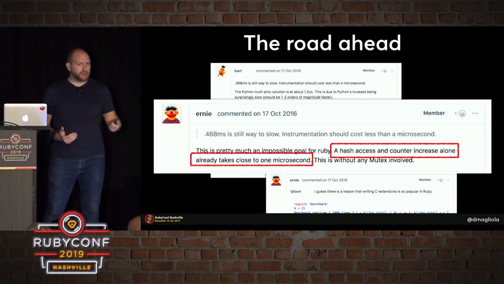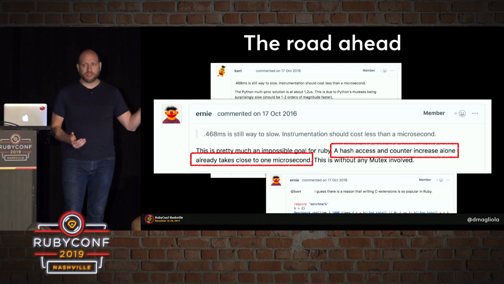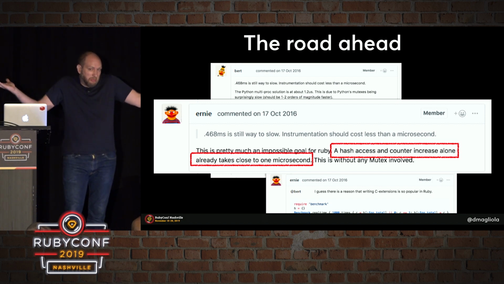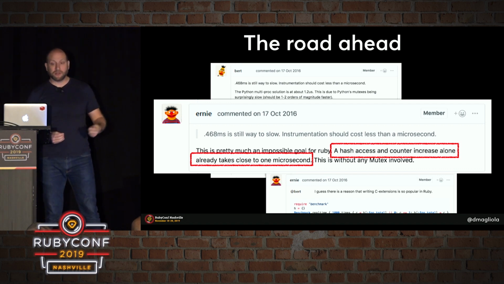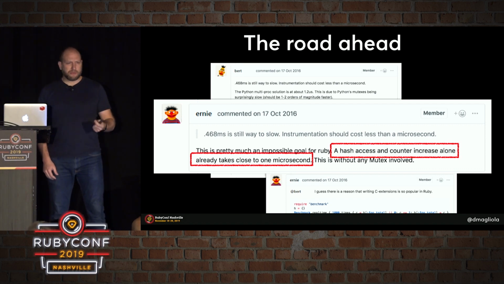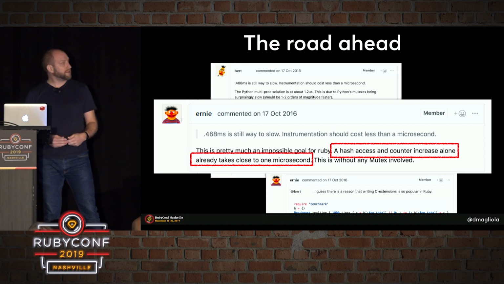Now, I don't know about you, but if you had asked me whether this was possible before this project, my answer would have pretty much been a meh, because I have no intuition of Ruby performance at this level. Here, one guy is implying that Ruby is very slow. The other one is saying, surely writing to a hash is faster than that. But this is such a tiny scale compared to my usual experience that I have no idea which one is right. What I mean by that is my entire Ruby experience for the last decade is writing the backend of